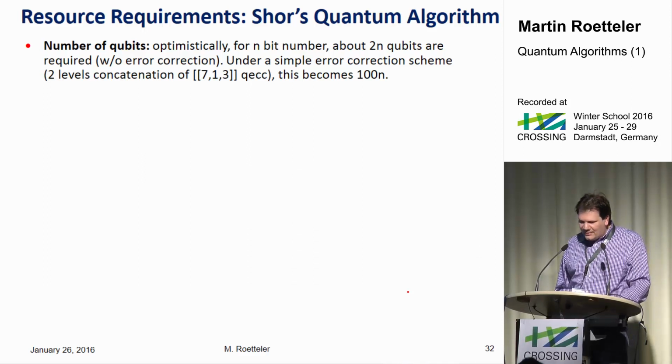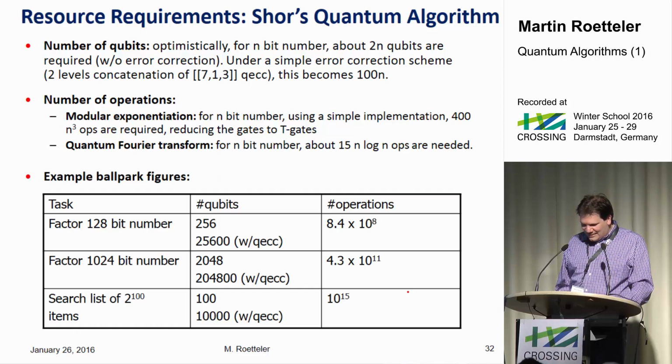You can analyze the resources, and people have done many back-of-the-envelope calculations of how many gates you actually need for Shor's algorithm. Some of these arguments are not really useful because they ignore the underlying topology of your computer, what gates you actually have available. But if you want some really rough estimates, for Shor's algorithm on an n-bit number, if you push everything to the limit, you can do it in principle in 2n qubits, which is pretty good. For the number of operations, a safe bet is to say you need a cubic number.